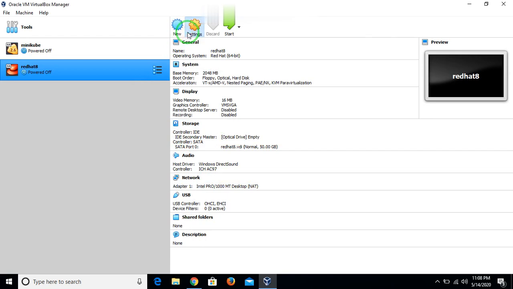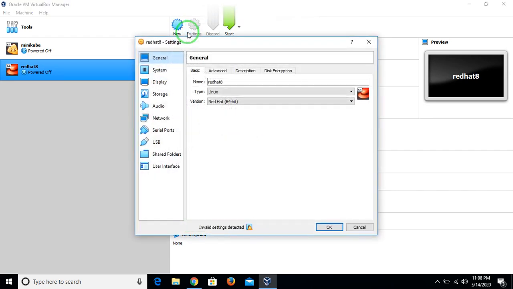After that you have to attach your ISO image of Red Hat 8. You have to download it before doing all these things. In my case, I have already downloaded it from the internet, or if you have any links, download it from there. So how do you attach the ISO image to your system?